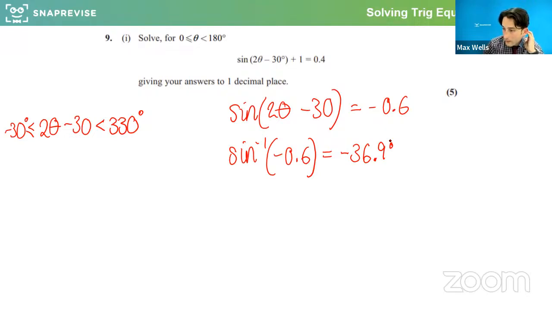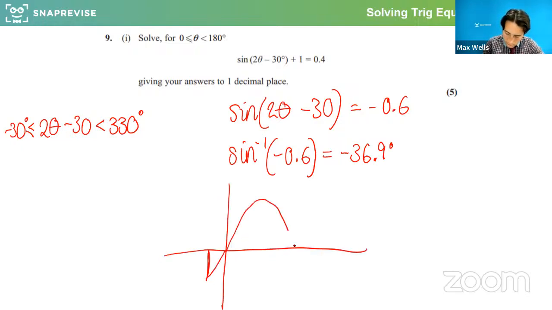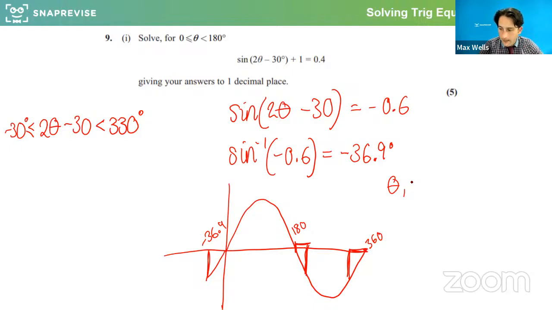Now, what we can do is navigate to the others, thinking about the sine graph. So if we think of the sine graph here, we've just been given that value. There's going to be another one here and here. So basically, minus 36.9. So 36.9 on from 180, or 36.9 back from 360. So the values we would get